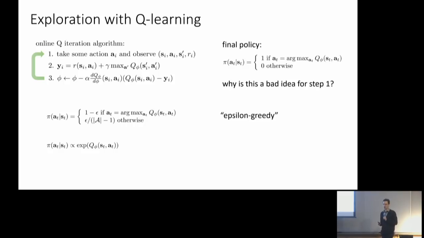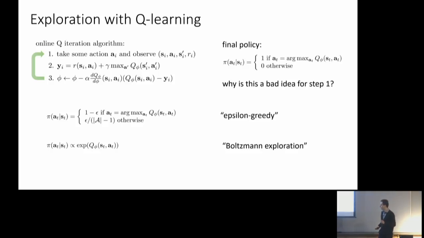And one way to formalize this notion is to do what's called Boltzmann exploration, where the probability of taking an action depends on its Q value. You can use a variety of different positive transformations of Q values. If you exponentiate the Q values, that amounts to saying that really low Q values, you just never want to take those actions. And if you have multiple actions that are about tied, then you should take them about equally at random.